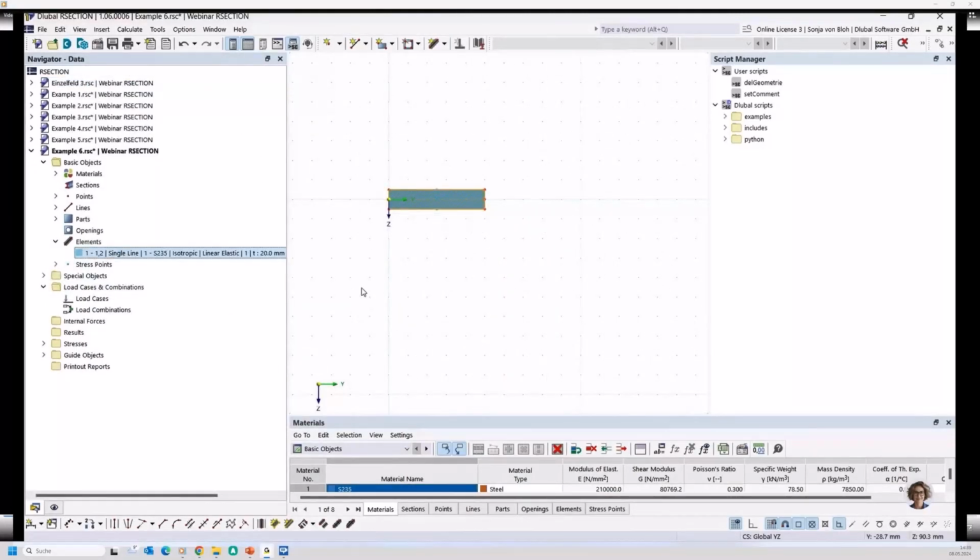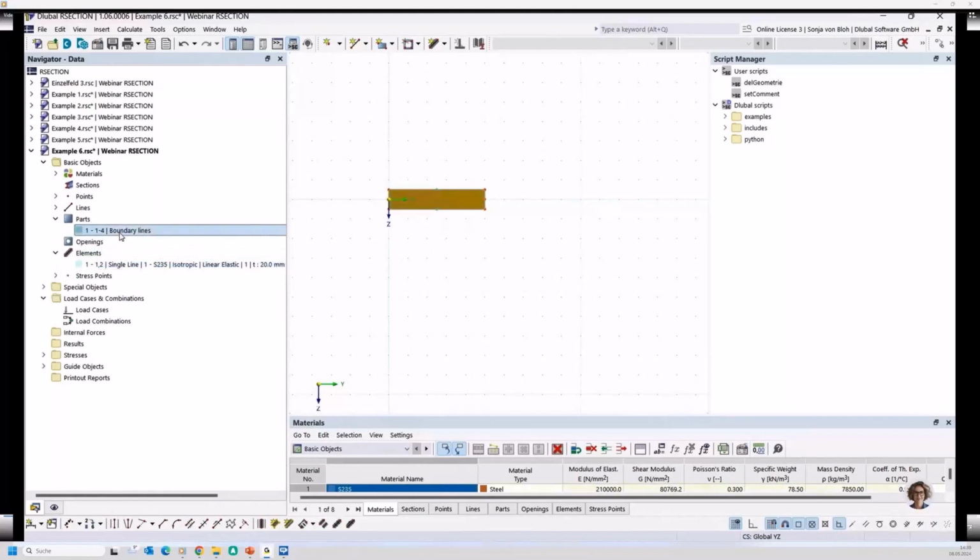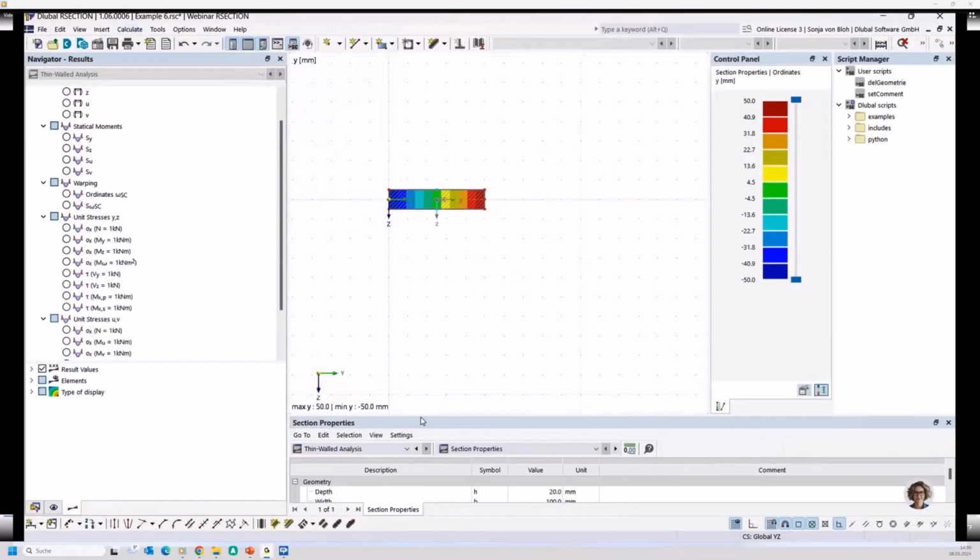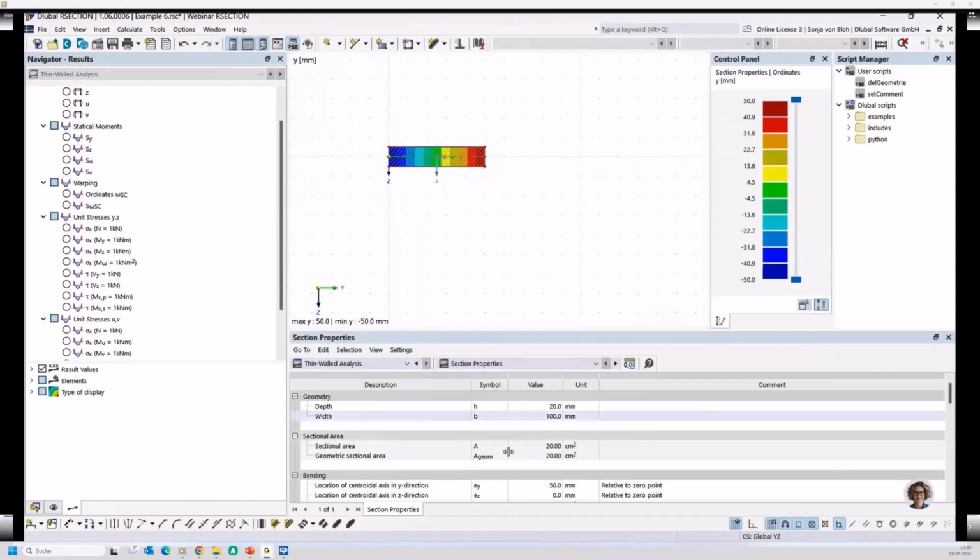If I now start the calculation and check the sectional area, the program calculates a sectional area of about 20 square centimeter. And if I now change the width or the thickness of the element,